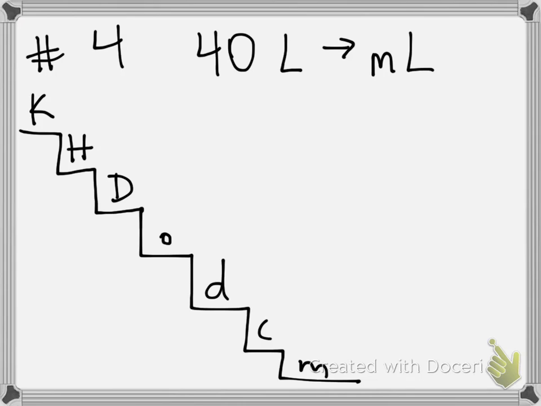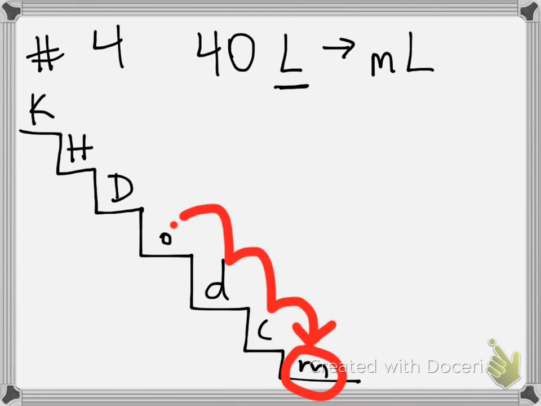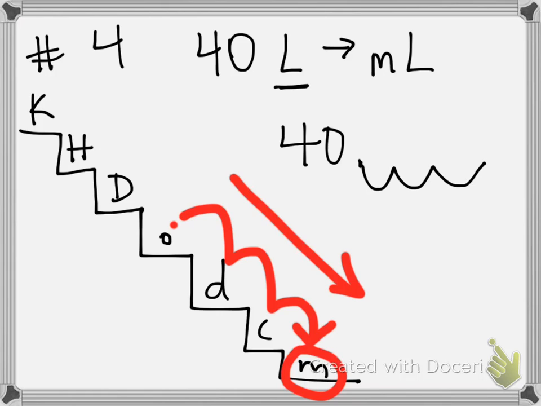Okay, so if we're starting with liters, that is actually the origin in this one. So we're starting here, and we're going to milliliters. So if you notice, milliliters is down here. So we're going down 1, 2, 3. So if you notice, that's kind of going down. And if I were to ask you, all right, is that arrow going left or right? It looks like it's going more right. So what we do then is we move our decimal right 3 places. So we go 1, 2, 3, and in these empty spaces we'd fill them in with zeros. So the answer would be 40,000